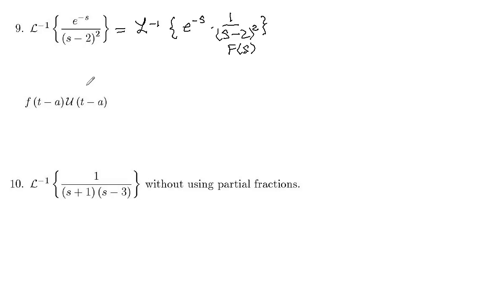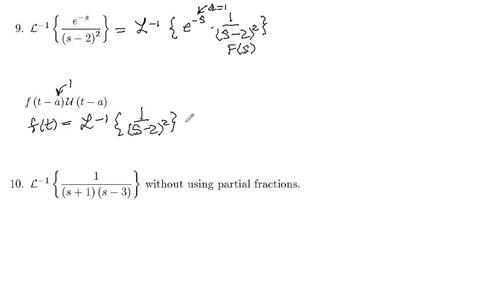And our translation here, this is e to the minus 1s. So in here, a is going to equal 1. So our a here is going to equal 1. And little f of t